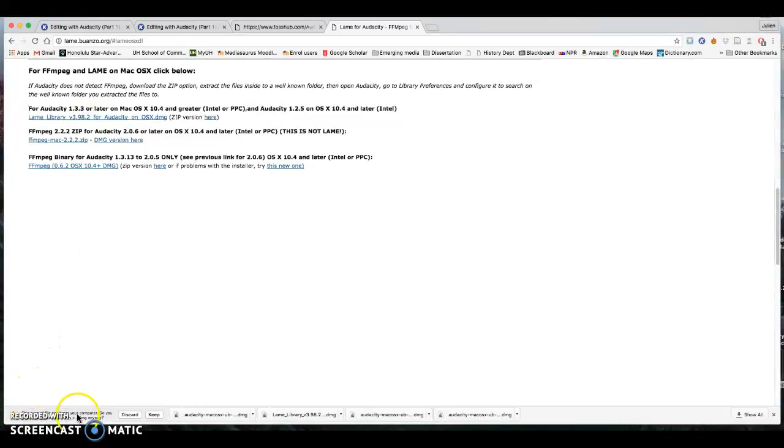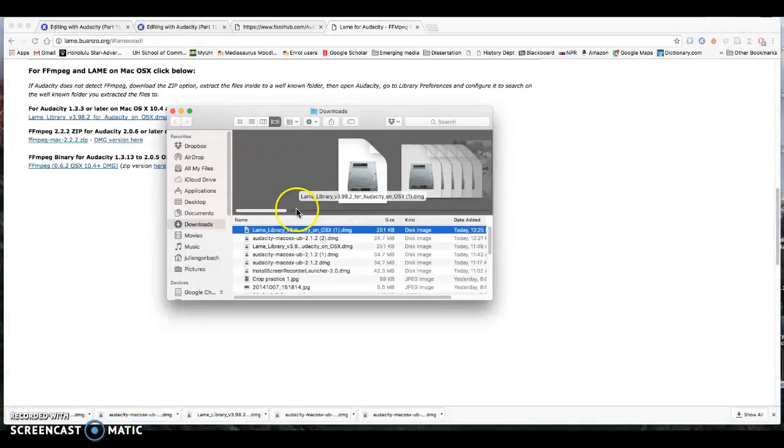And here it is, downloading. It says this type of file can harm your computer, but it won't harm your computer. Don't worry about that. So, do I want to keep this? Yes. So now show in Finder, and there it is. Now, going back to the instructions for a minute,